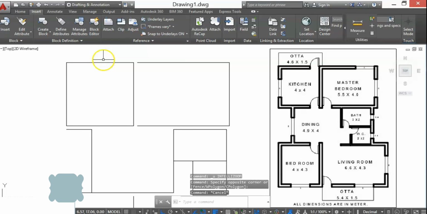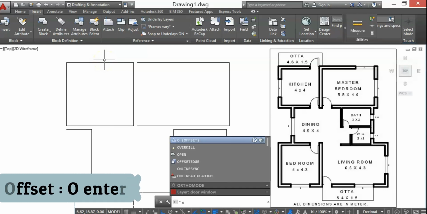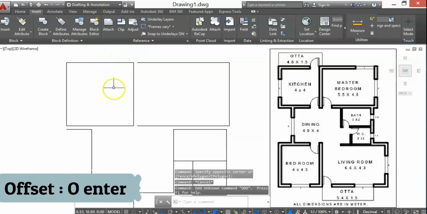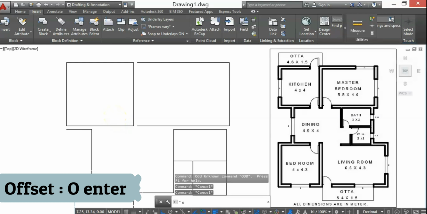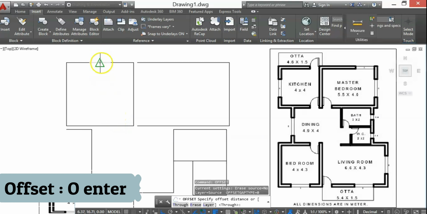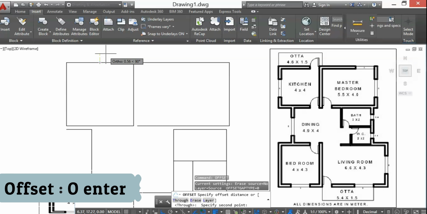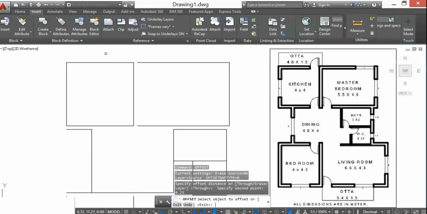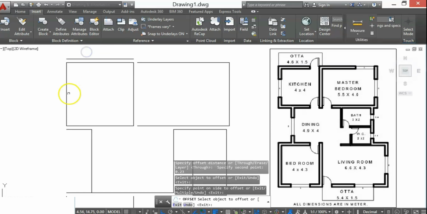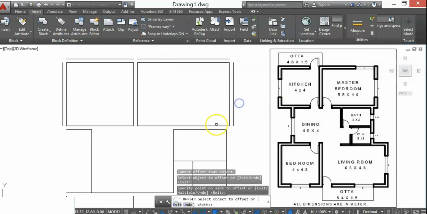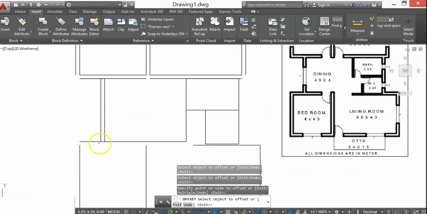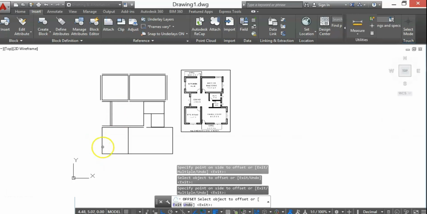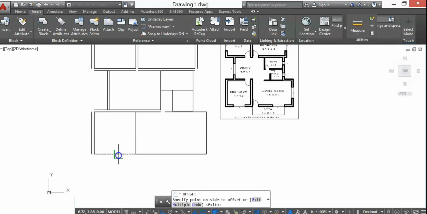To add wall thickness, you have to type OFF, enter. Click on the midpoint, add a size of wall thickness which is as in the picture.